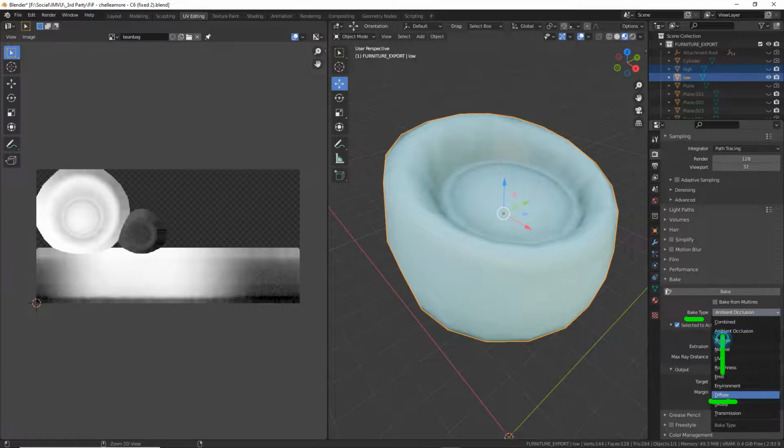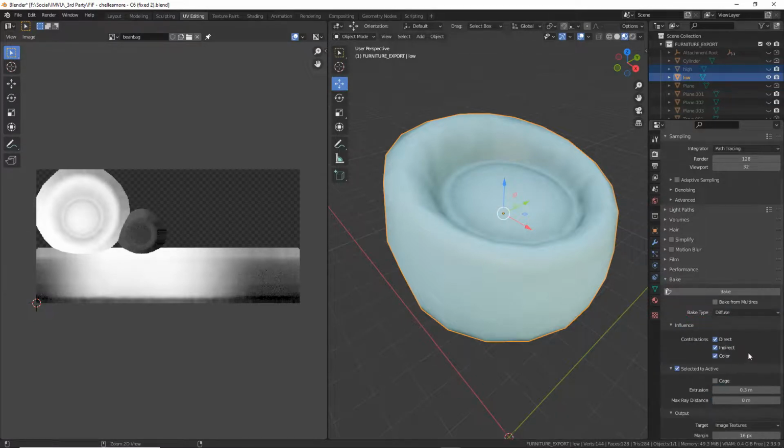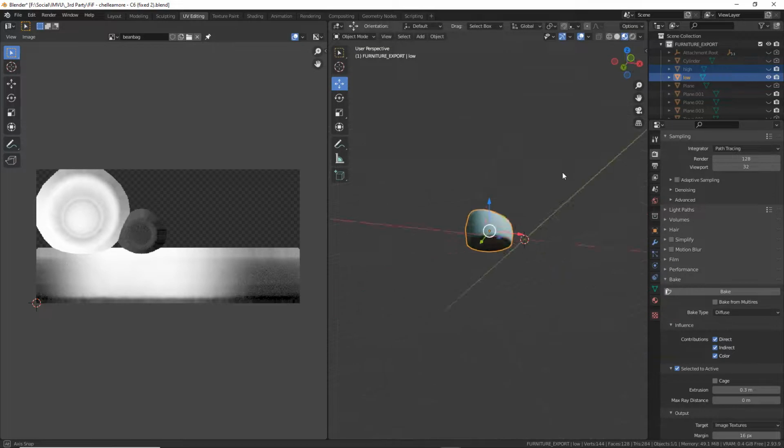So bake type diffuse, because with this you can include lighting contributions. So all you want is color. You don't really want to include indirect or direct lighting or illumination of the scene, but if you do include it,